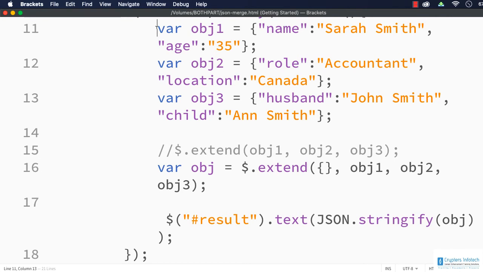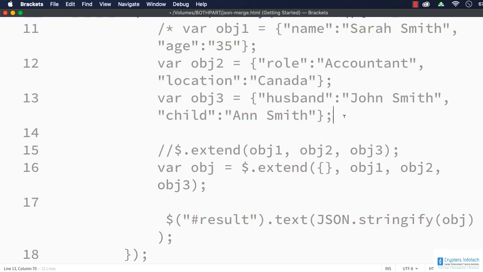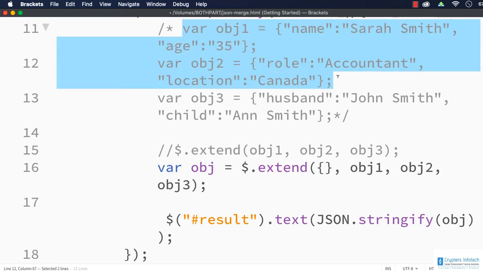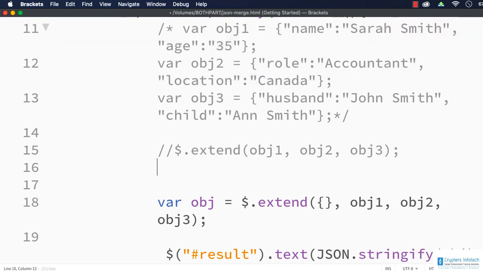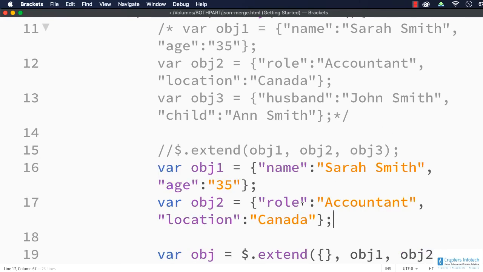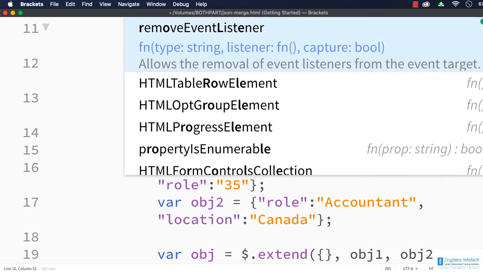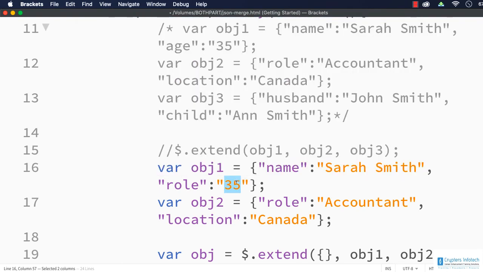So here let me comment this up to this. Okay. And let me just copy these two here. Suppose I specify, let me paste this, name Sarah Smith. Instead of age, suppose I specify role to be, say, accountant. Okay. And one more value, that is info.